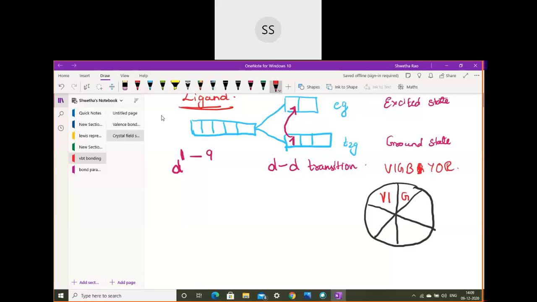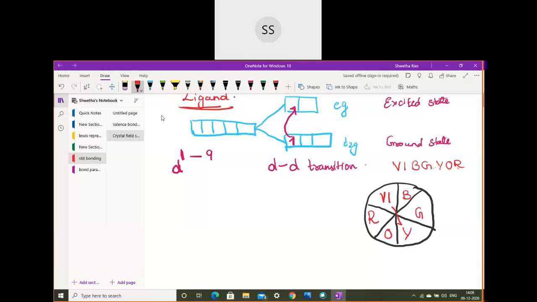Okay, so after this VI, then you will have blue, then green. Sorry, students, VIBGYOR. So this is the order: violet, indigo, then blue, then green, then yellow, then orange, and then red. So this is the order. You put violet and indigo together, and in every other place you put one color each.